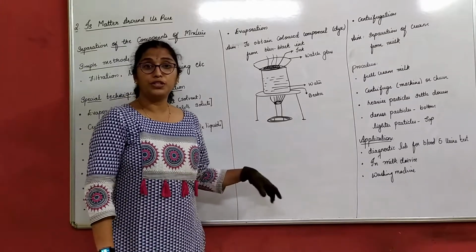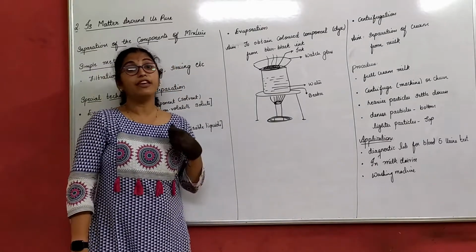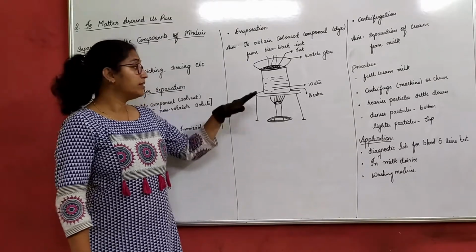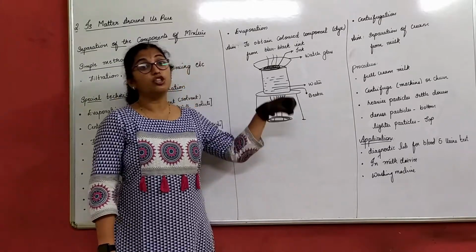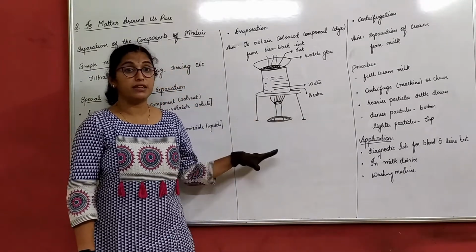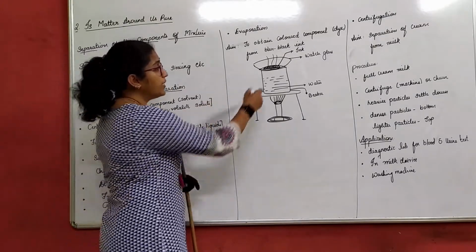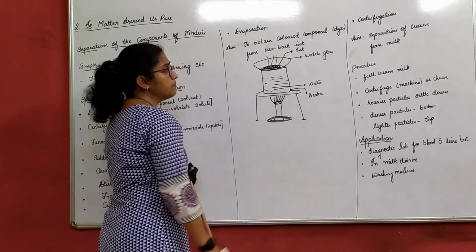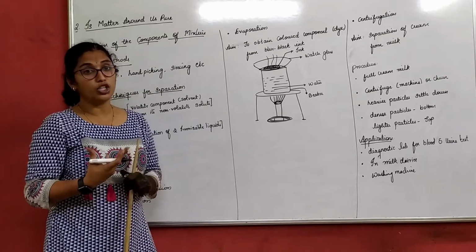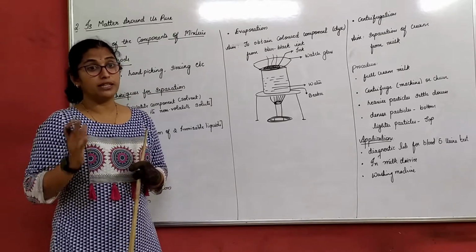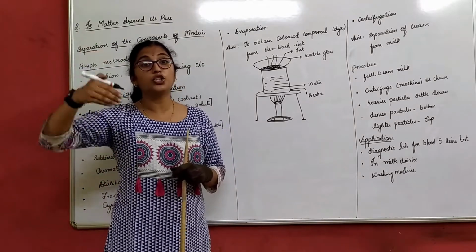Now what we have to do for this? As I told, these are special techniques for separation. We cannot try this at our home. These all are done in the laboratories. Some of the experiments will be done in your school laboratories as the chapters progress. So what we do here is we take a beaker, we fill some water in the beaker, we keep a watch glass on the beaker. Now what is this watch glass? It is not a watch with a glass, but from the word you can understand, you can watch through the glass.